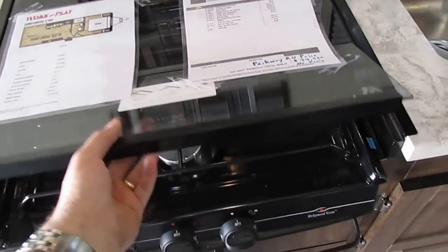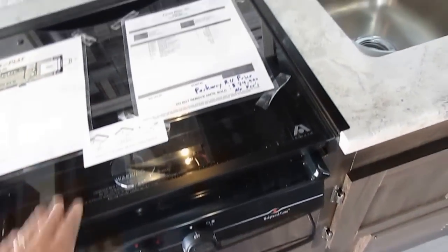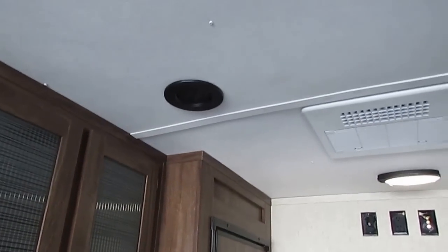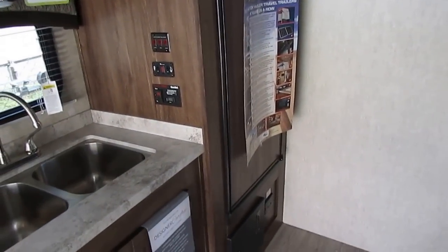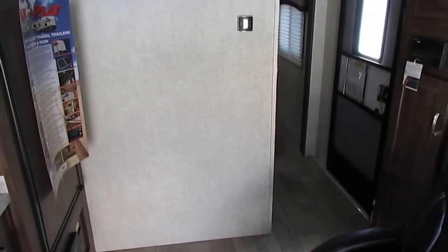Got the glass top, which I really like. 3 burner range. Wedgwood appliances. Another thing I want you to notice, folks, is the work and play standard 7.5 foot interior height. Other cheaper brand toy haulers are 6.5 foot tall on the inside, but this has got the 7.5. And going back to what I was talking about with those ceiling and floor